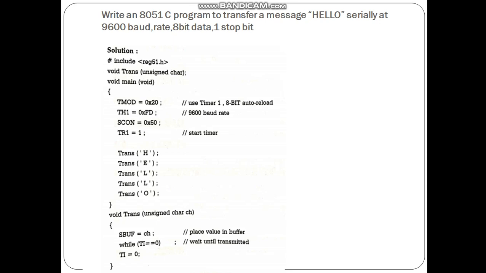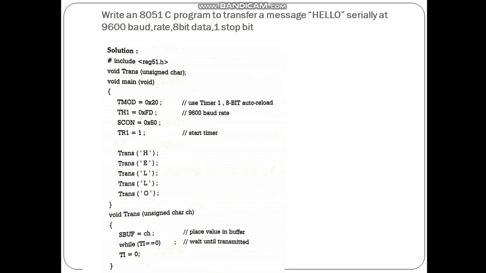Here trans is the function name. Trans, within the bracket H is written. So this function is called, and the character takes the value H. This H has to be loaded into the buffer register, that is SBUF. Then continuously monitor to see if the transmission is complete.